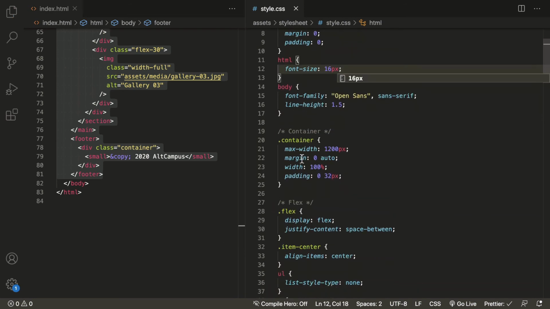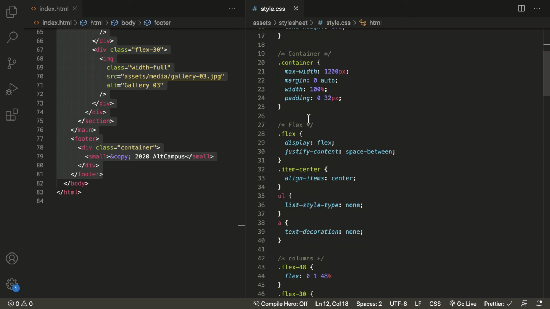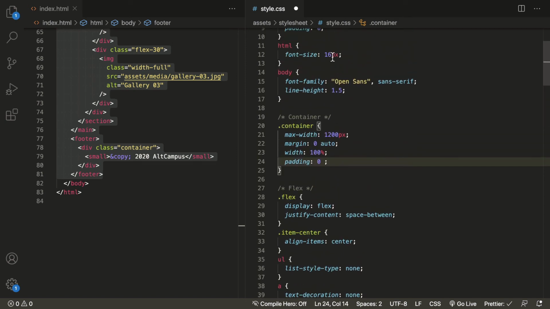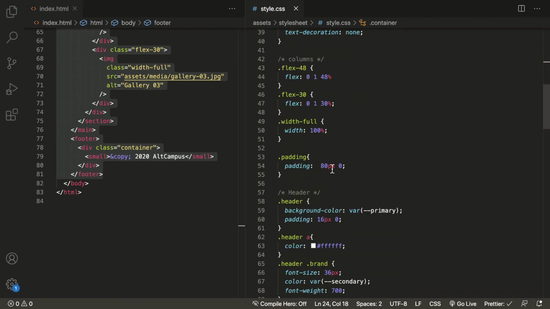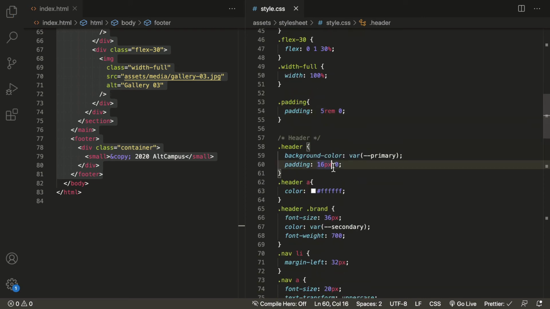Yep, now we will be applying padding. One rem is now equal to 16 pixel. HTML is having font size 16 pixel, that is, the root element is having font size 16 pixel, and rem depends upon the font size of the root element. So here we have 32 pixel, we can say 2 rem. Similar goes here, we can say 5 rem. Save this, and similarly here we'll say